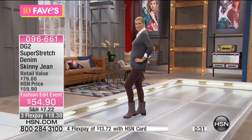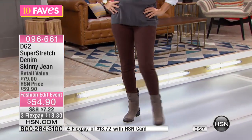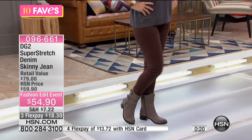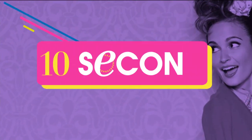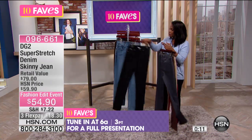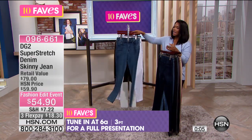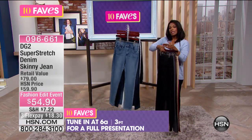So easy to tuck into boots with no problem. We have these in gray, and I even like the fact that we have them in gray that's not a light gray, it's a deep gray. So again, it's got that chic factor to it. There's something about an unexpected color in a very common kind of look. So there's that gray, here it is in black, there's the chambray, here's the indigo, there is the mid-tone and the white. We'll have a full presentation of these coming up at 6 a.m. today, but like I said, you don't have to wait. Petite, average, or